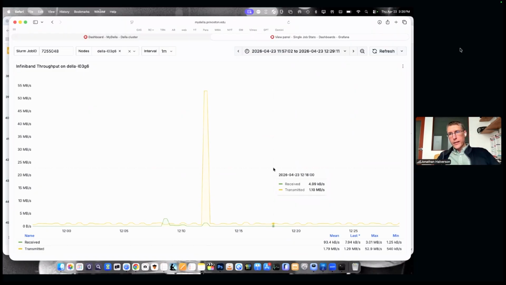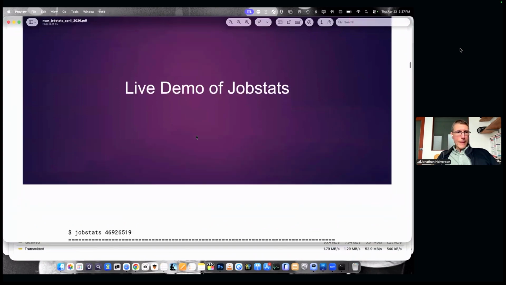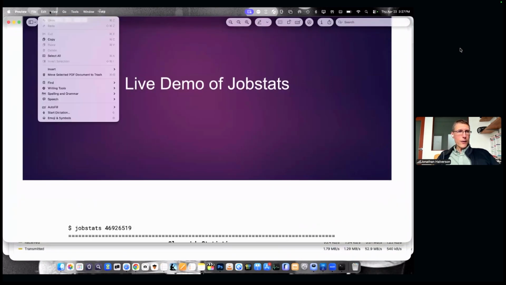Any questions about the Jobstats command or the Grafana interface? Okay, we'll go on and look at,